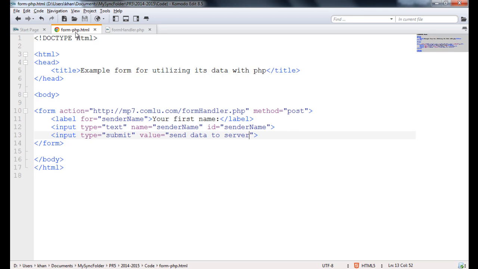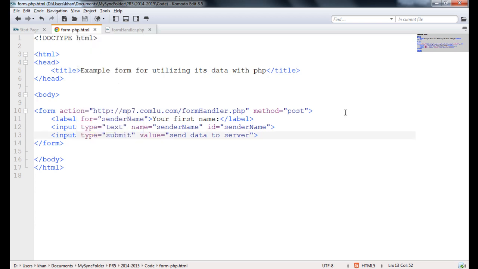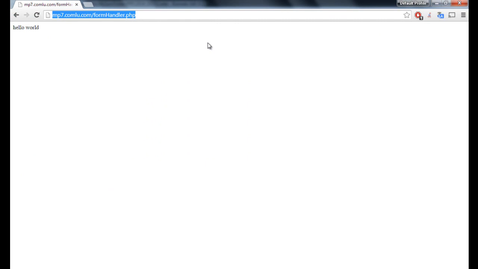So after saving my HTML file, I'm going to copy the full path and paste it now on the address bar of my web browser. Now, as you can see from the path, this file is